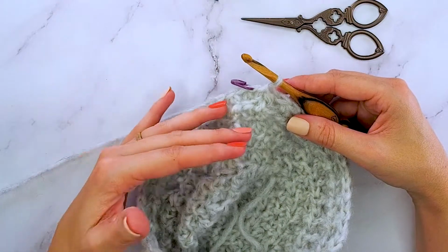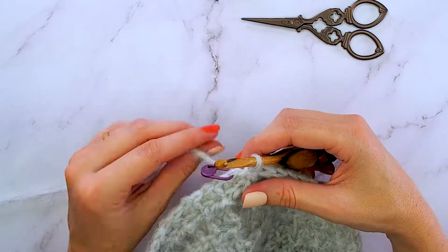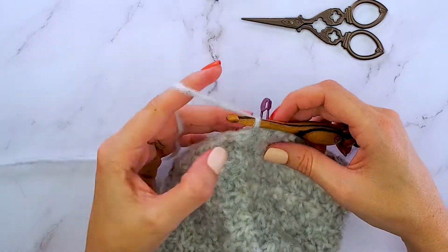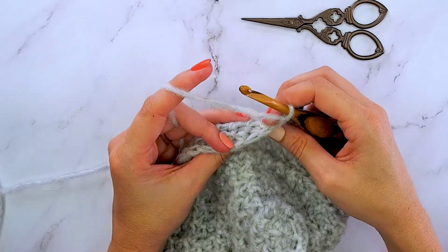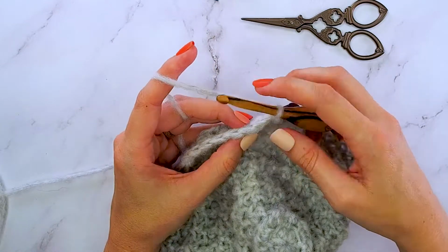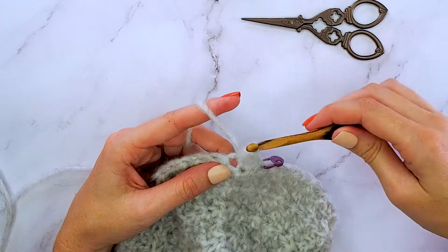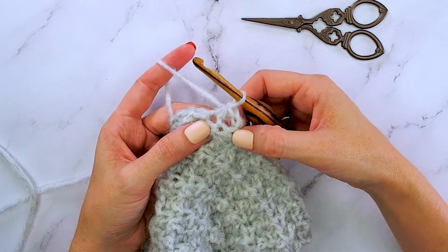So now that I have worked my beanie length rounds, I am ready for the puff section. I have joined and I will turn just like all the other rounds, and I'm going to chain 1. For this puff section, we will skip the first stitch and half double crochet into the next. Then we are going to go back to the stitch that we skipped, and we are going to work a